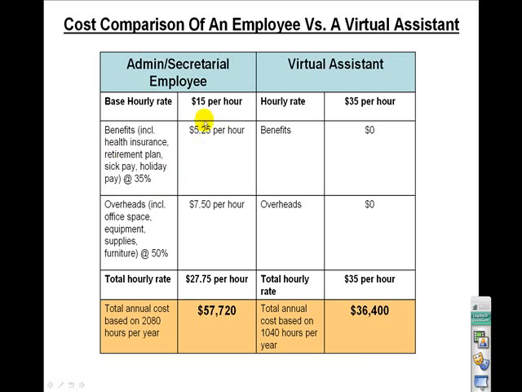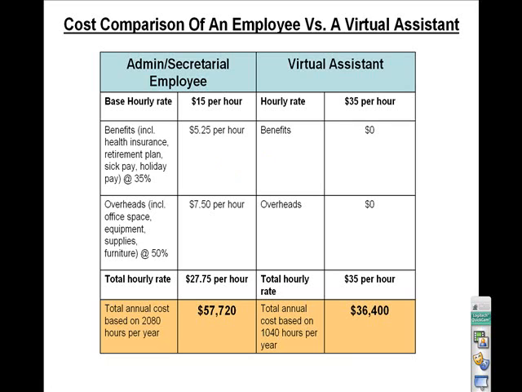Now on top of the $15 per hour, employers have to pay benefits which include health insurance, retirement plan, sick pay, holiday, and so on, which can add another 35% on top of the $15 per hour. 35% of $15 is another